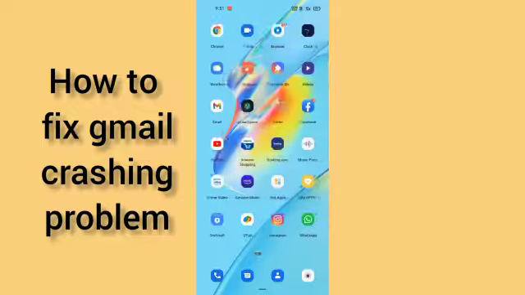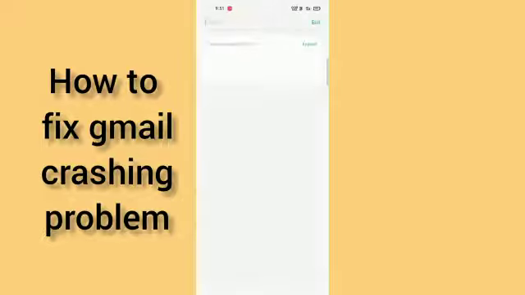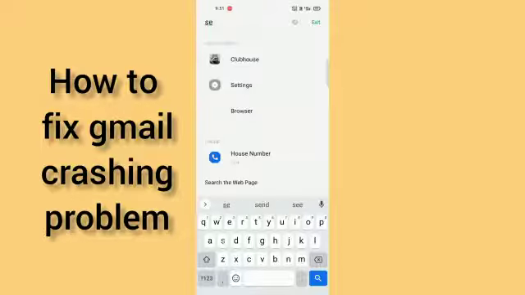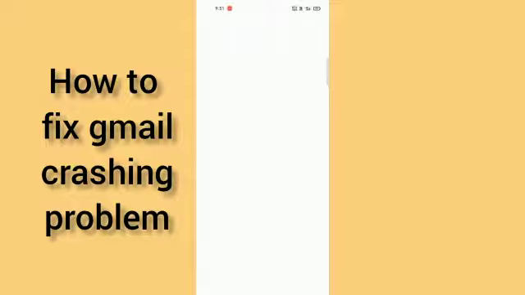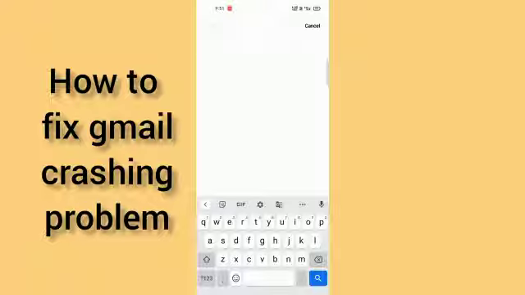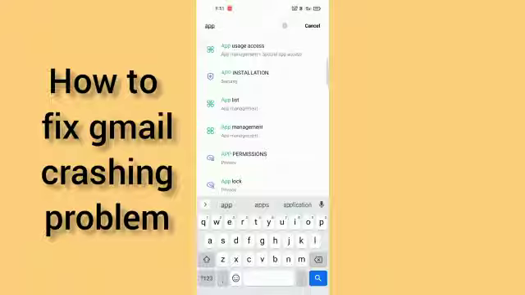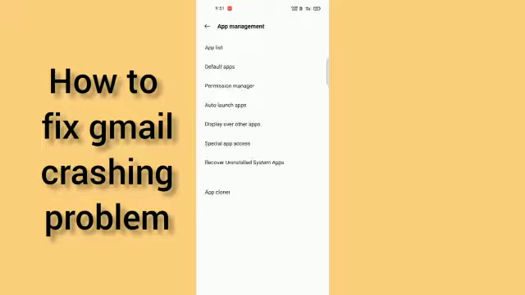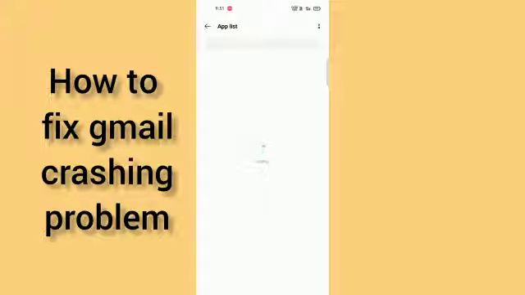At first you have to go into your settings. And after going into settings, you have to search for app management. So guys, in my mobile I have app management, and you may have app permissions. You have to go there and click on app list, and after that what you have to do,